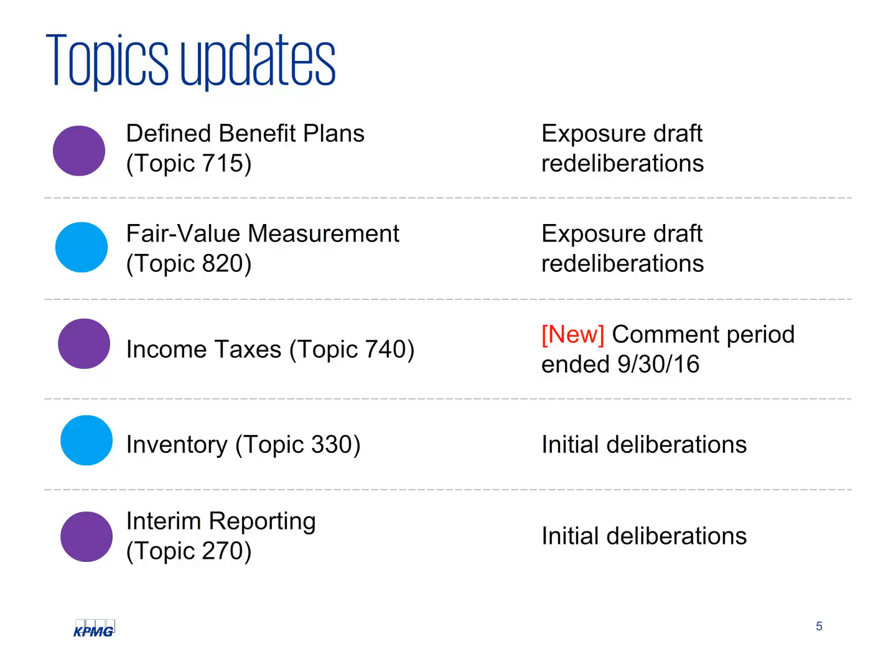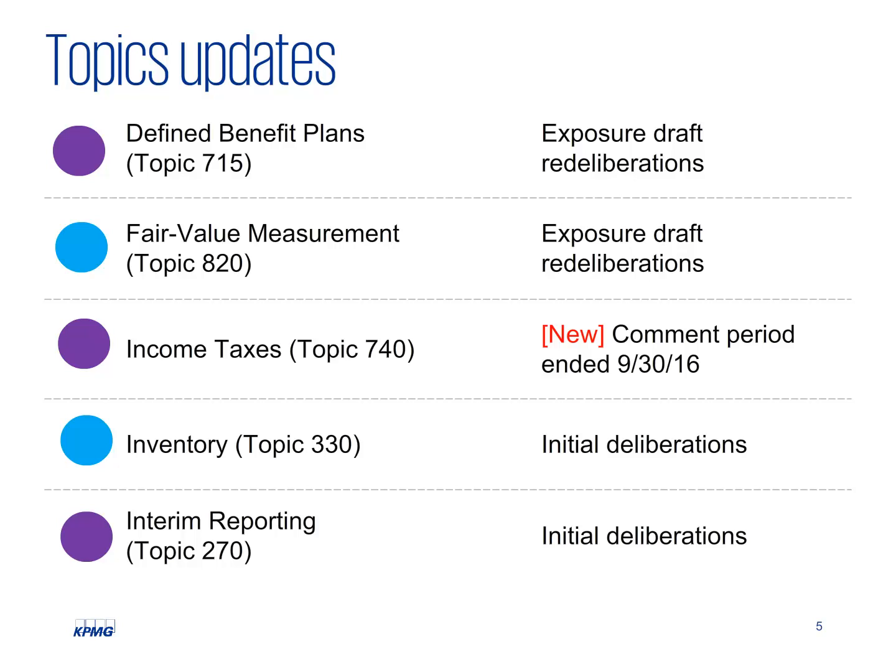Thanks, Louise. In addition to the decision processes we talked about, there are also 4 topics the FASB has currently been discussing, which are defined benefit plans, fair value measurement, income taxes, and inventory. Also, the FASB considers updating interim reporting disclosures as well. For defined benefit plans and fair value measurement, the FASB had issued 2 exposure drafts previously. As the comment periods ended, they are under redeliberations. So Akira, what comments did the FASB receive then?